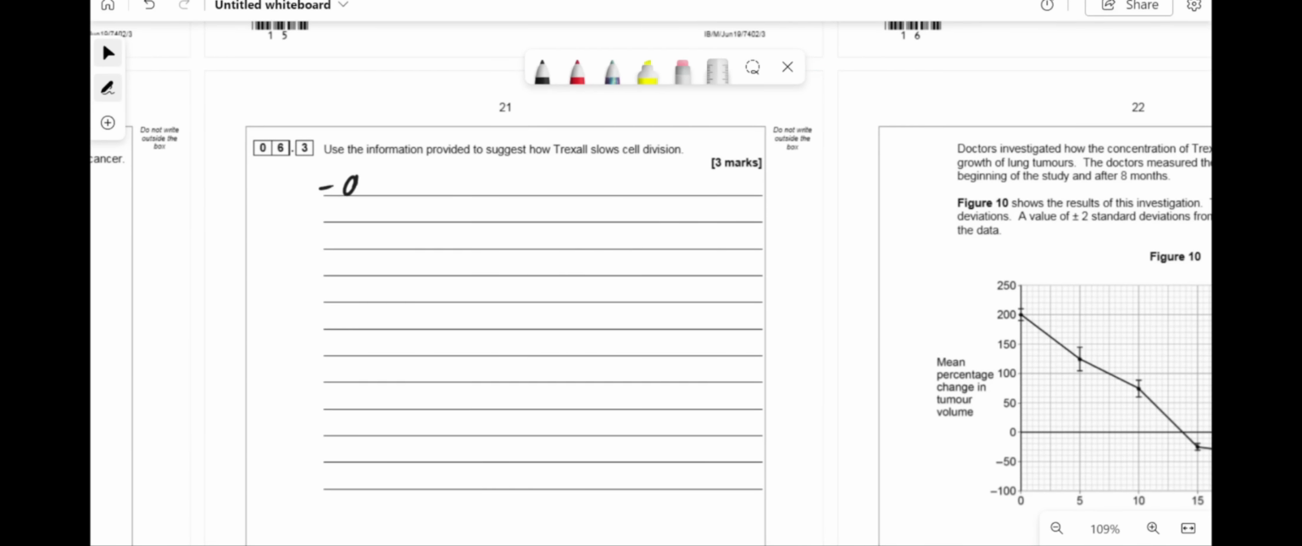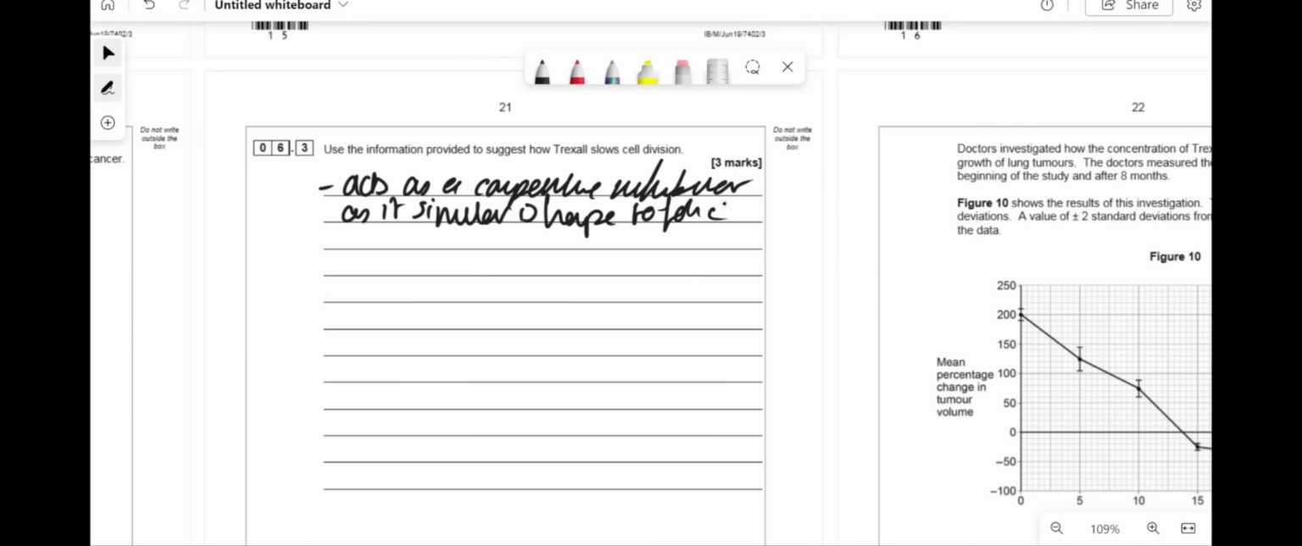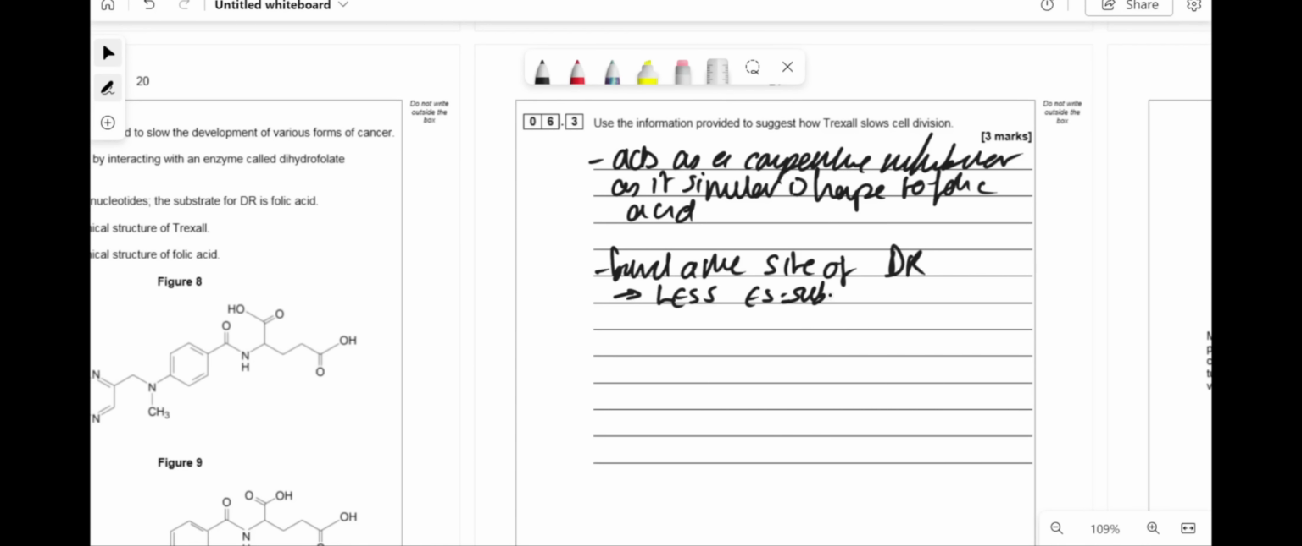Well, it acts as a competitive inhibitor, as it is similar in shape to folic acid. It binds to the active site of dihydrofolate reductase, DR. You need to be specific in these examples, and you cannot say they have the same shape or the same shape as the active site. You need to say it's a similar shape. So therefore you get fewer folic acid enzyme substrate complexes, and therefore you get fewer nucleotides